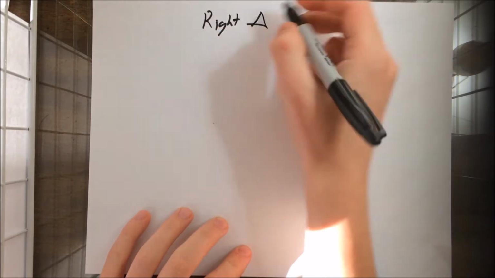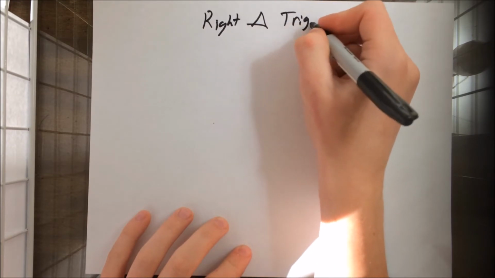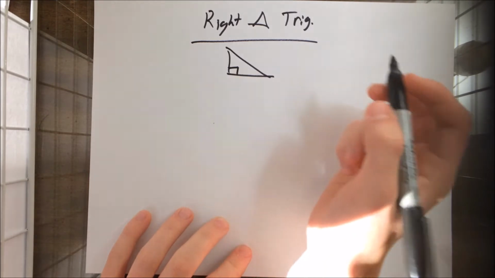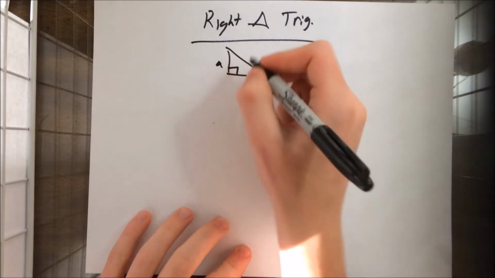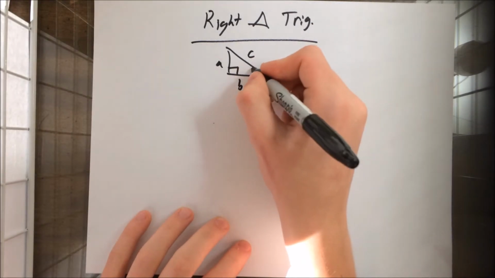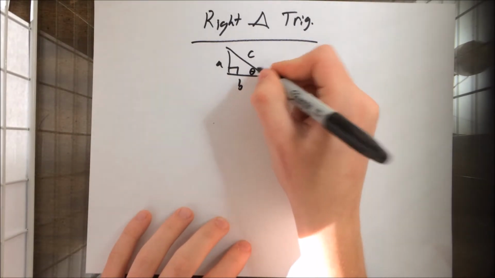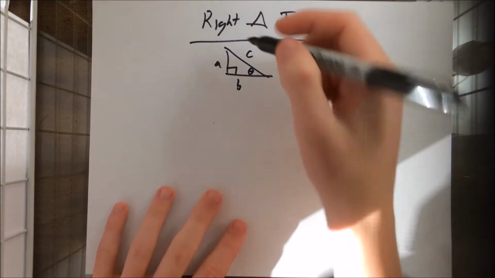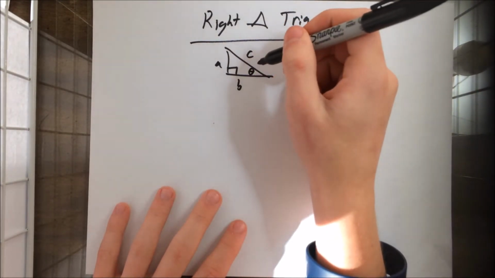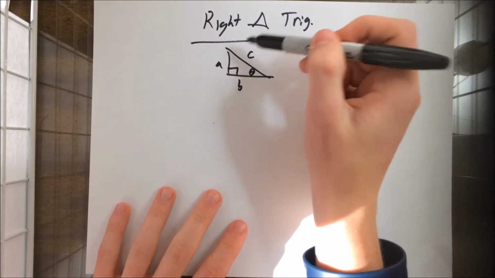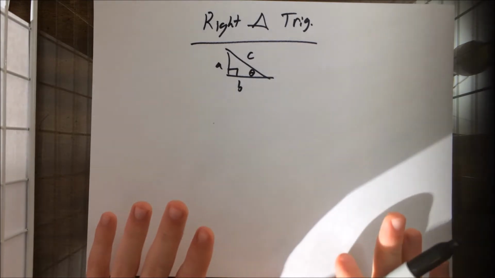Right triangle trig. So let's start by drawing a right triangle. And now let's label the sides with A, B, and C. And then also this angle right here, we're going to represent it with the Greek letter theta. Okay, so if you have an angle theta and one other side, then you can find the other sides using